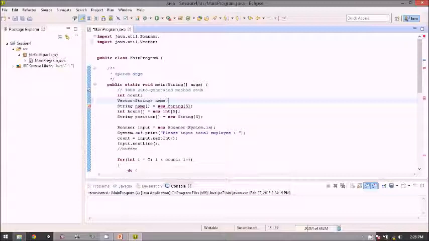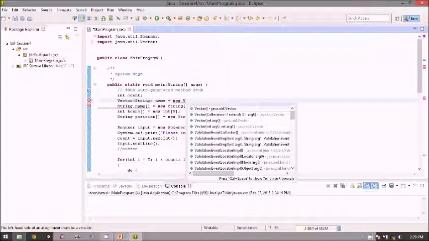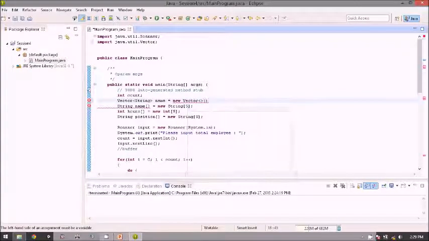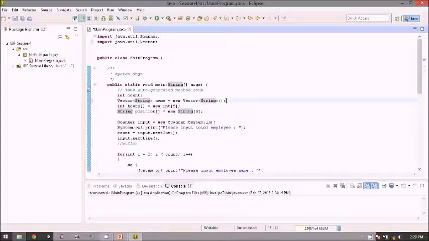So it will be name equals, the declaration is a bit different. So you use new, just type this and use Control Space, and then okay, choose the top one and add the String inside the less than and greater than symbols, so in here. Okay, and then we delete this one.